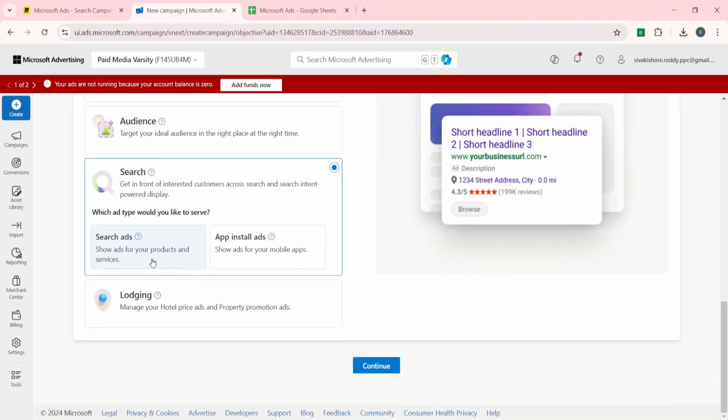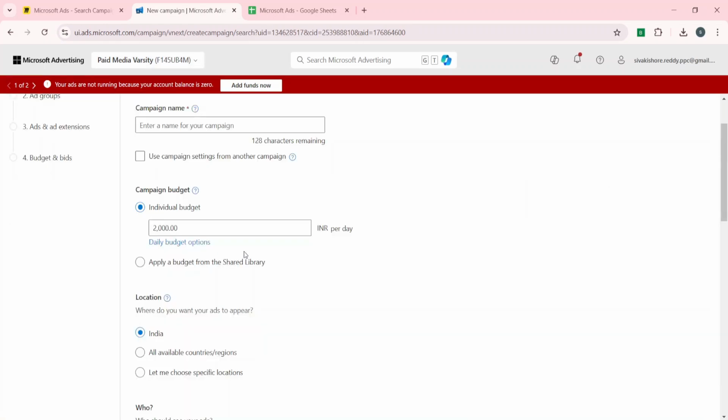And here you have two options. One is search ads and another is app install ads. So let's go with the search ads. So continue. You can explore other campaign types as well. So let's give the name as PMV